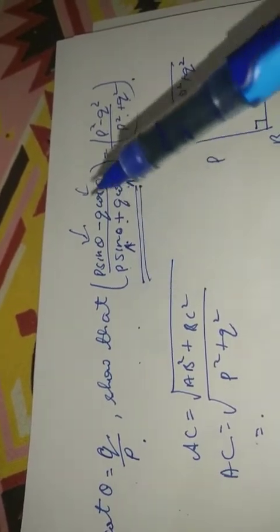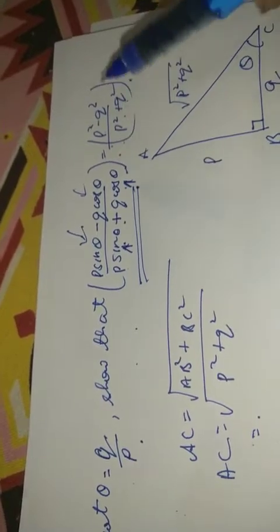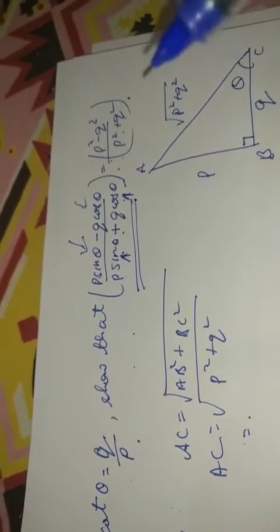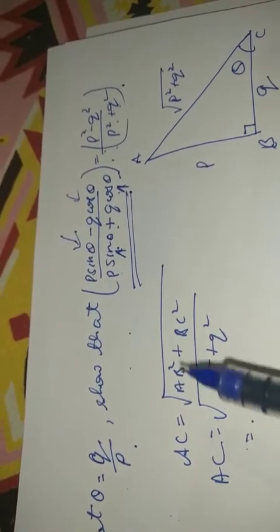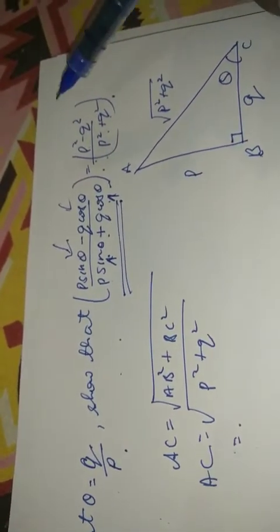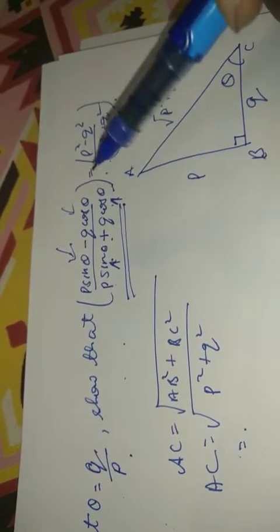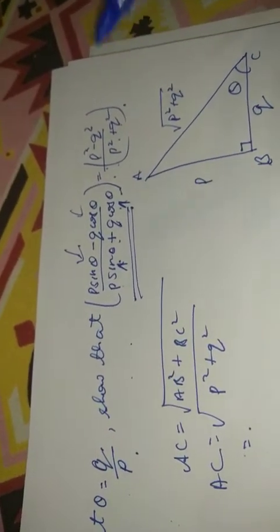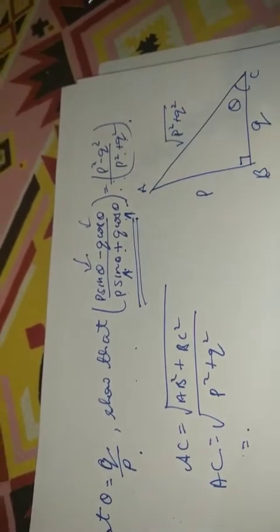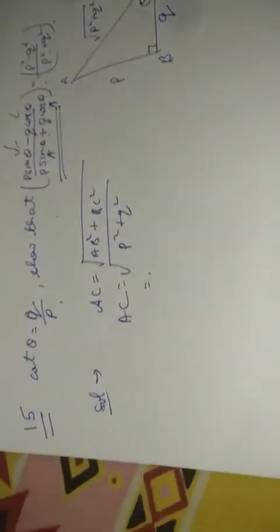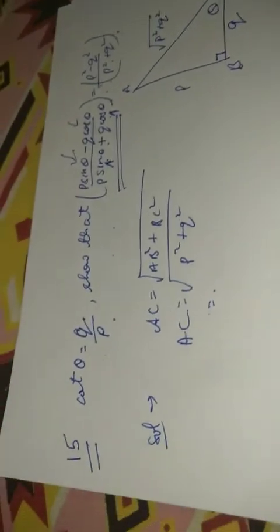But always remember, whenever we are having such a thing to show or prove, we will have to write down which side we are beginning from. We will not write down both the sides together. Maybe we are not operating anything on this, or maybe we are just copying it down. No, there is no need of doing that. We'll just note down the LHS and then we'll eventually substitute the values. So let's continue.